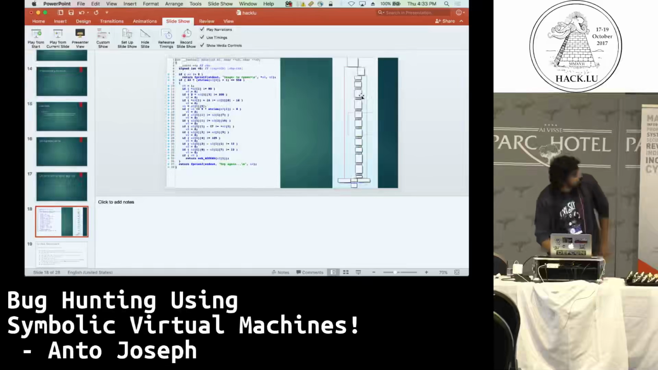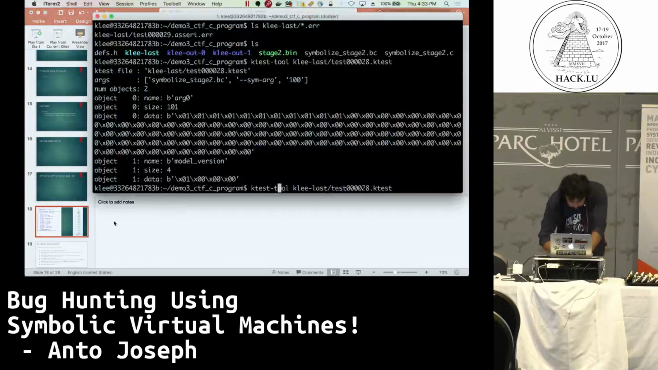So basically the graph looks like this, and this is the C program. And let's